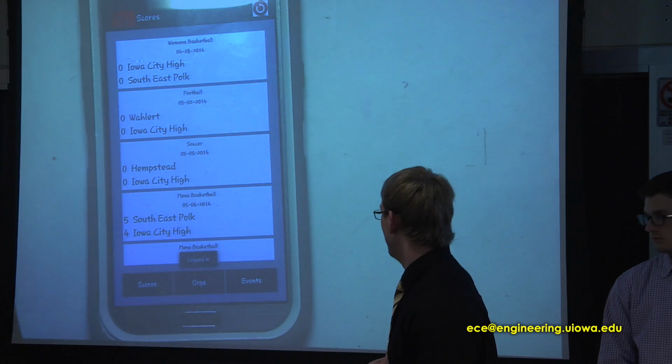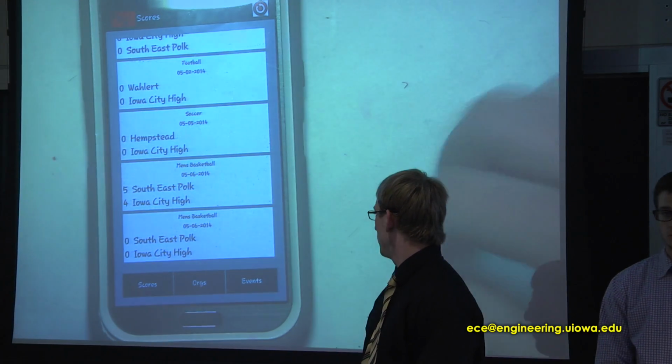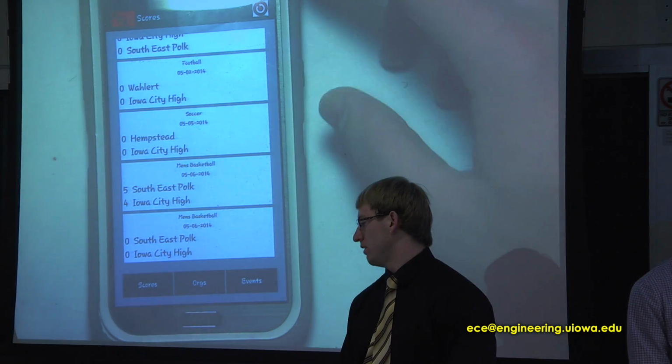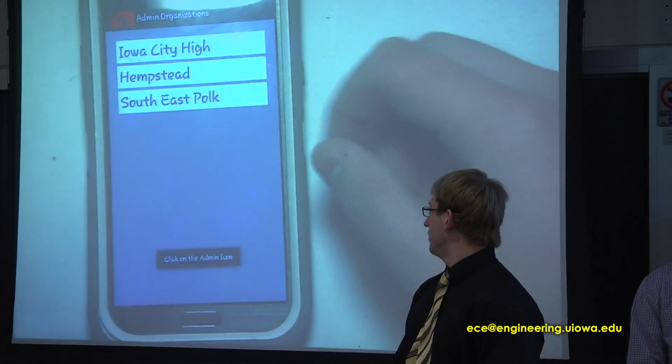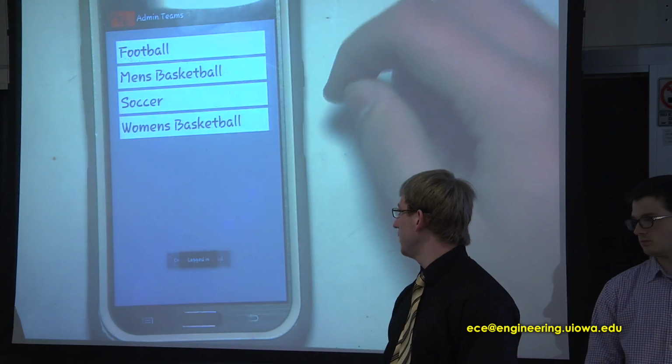Okay. Then, as you can see, it showed up on the system. It's the new one we created, right? The one that we just created right there. And then it goes back to the admin view. You can then click on the game he just created or a current game coming up to keep score of the game.